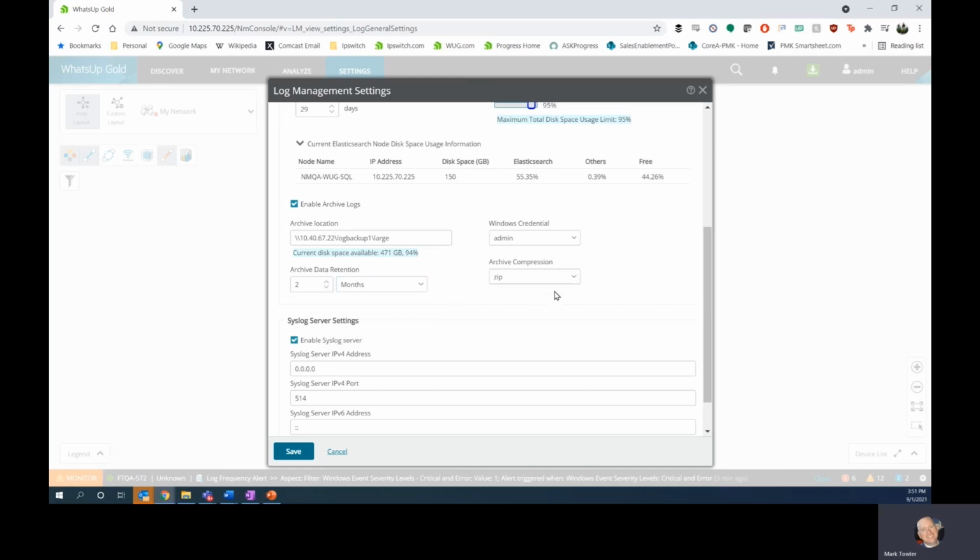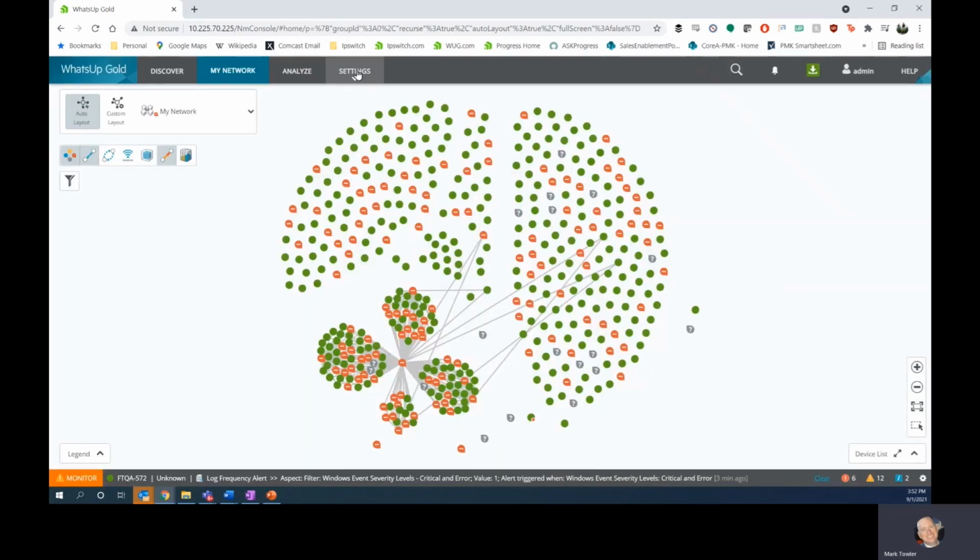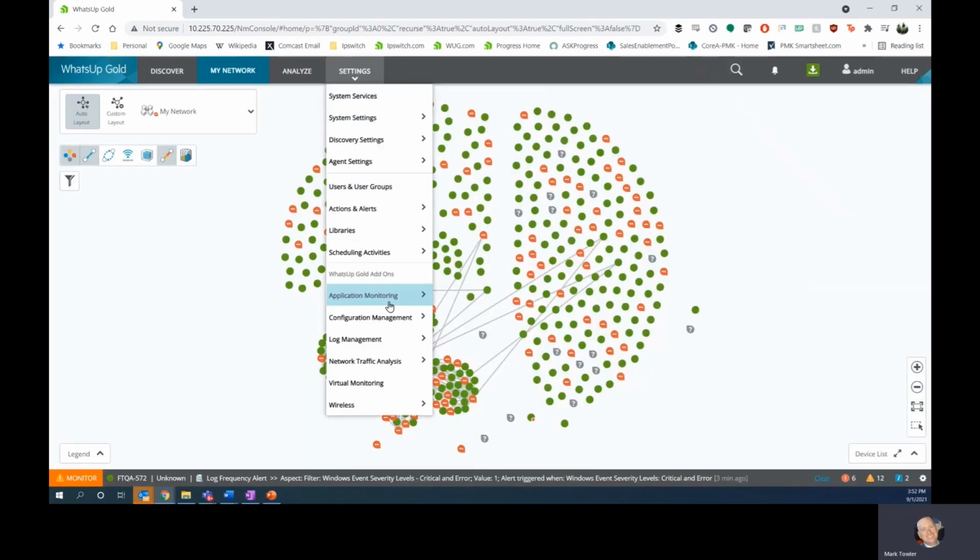forever if you'd like. You can save a lot of space, up to 90% of the archive logs, by choosing to activate compression as well. We strongly recommend this, whether or not you are choosing to keep your logs forever. Once you've started archiving logs, you can look at the logs that you've already archived, again through Settings, Log Management,